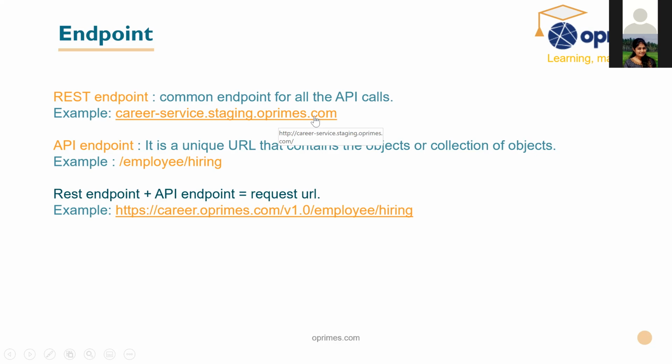And take Flipkart. In Flipkart, you have some service. Take the cart service. Then your cart service will be cartservice.staging.flipkart.com. Similarly, customerservice.amazon.com. It will be your service name. So this is the endpoint of the service. So service means REST here. In this case, we are seeing about RESTful services. So this is called REST endpoint. Basically, this is the domain of that particular service, right? It's the naming convention for the server.